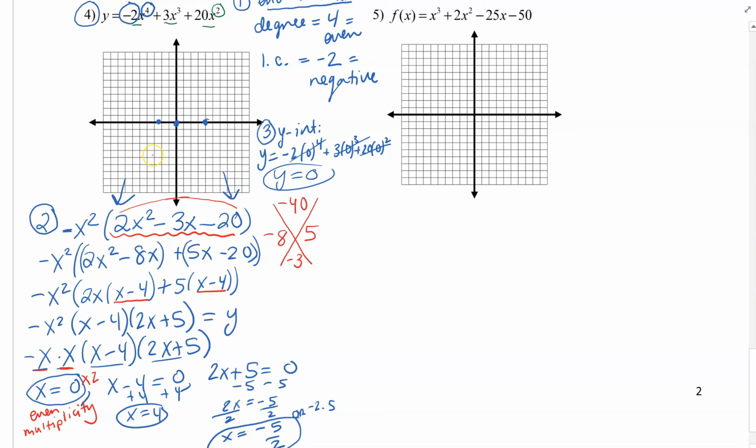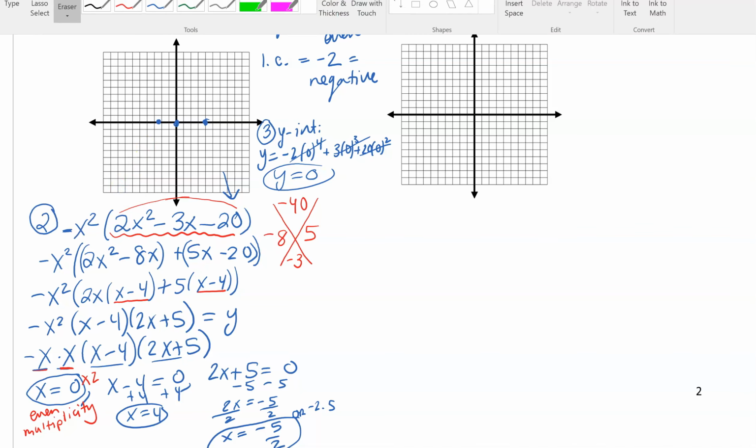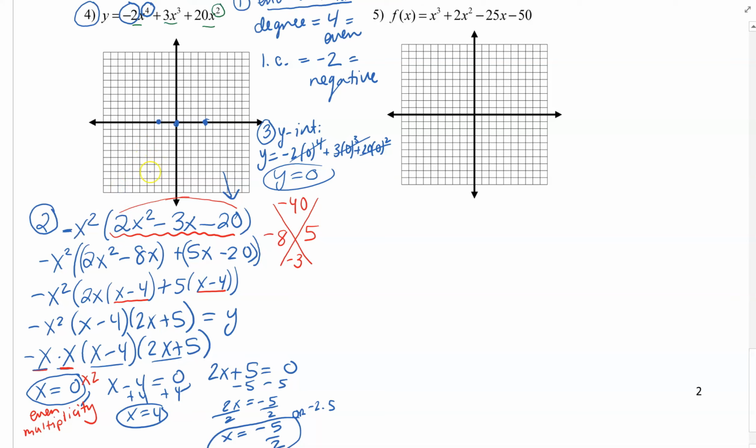Graph starts down here, right? Let me erase this one here. It's too far over there. But I have the idea, right? It starts down here, and then it's going to have to go up. It's going to bounce at 0. It's going to go up and down. Something like that, right? Again, I don't know how high these turning points go, so you can check that on Desmos if you want,